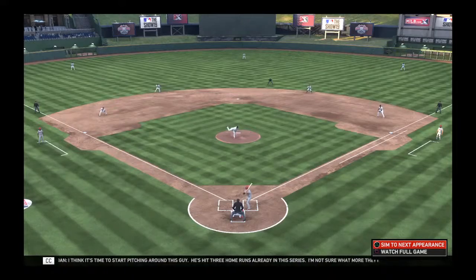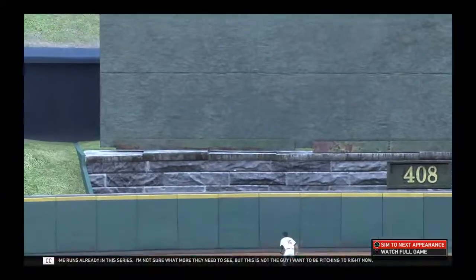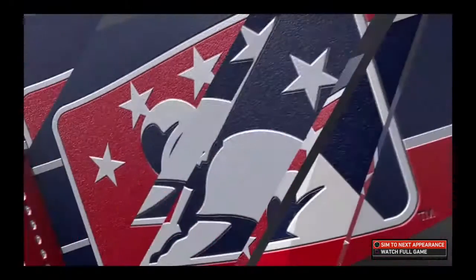I think it's time to start pitching around this guy. He's hit three home runs already in this series. I'm not sure what more they need to see, but this is not the guy